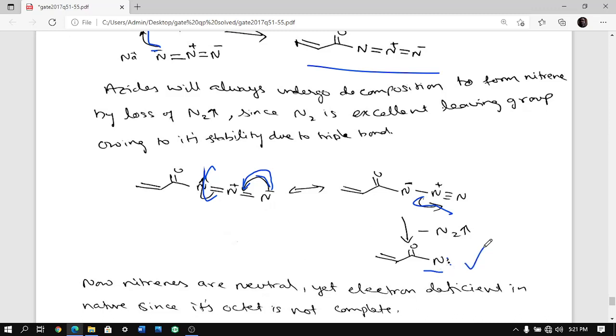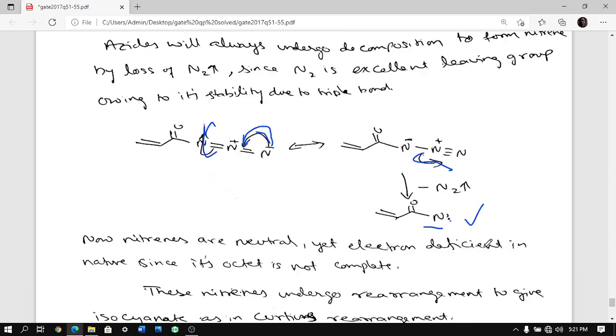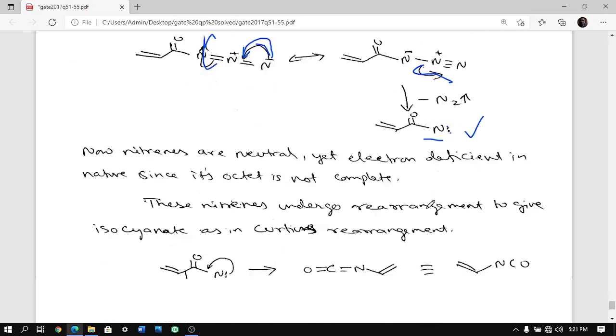So it will accept electrons. Whenever a nitrene is formed, know this always. You see a lot of reactions are there, they all go through the same pattern. It will undergo rearrangement. Like the Curtius rearrangement, and so many others, the Hofmann rearrangement. All such rearrangements always go through this kind of pattern. This nitrene lone pair comes here and this immediately moves out and you get an isocyanate.